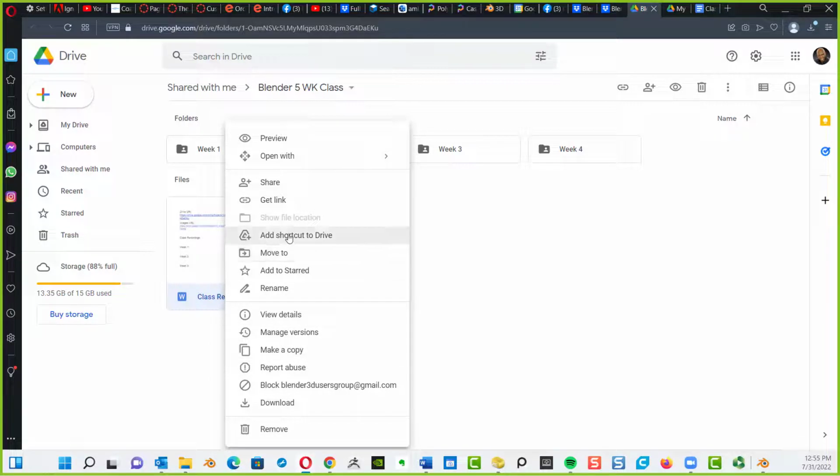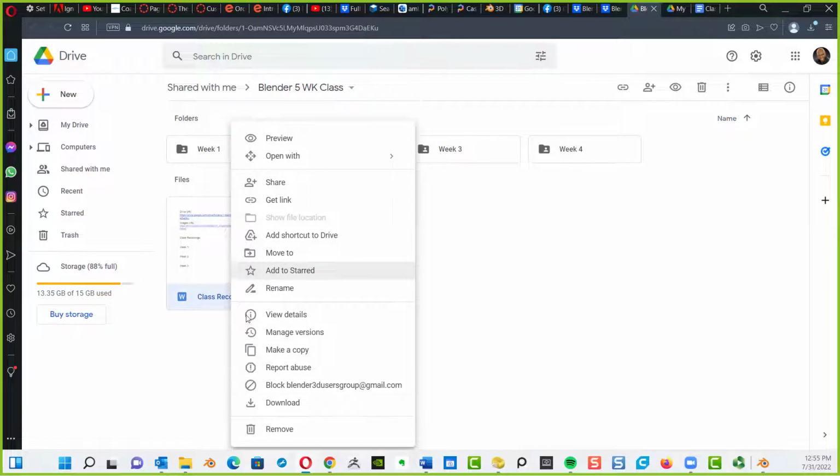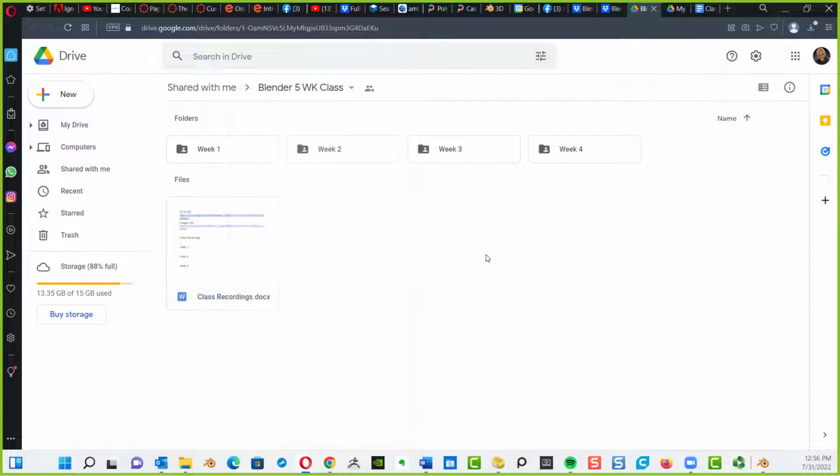There it is, download at the very bottom. But don't cut it, please, because you end up deleting everybody's homework and stuff.